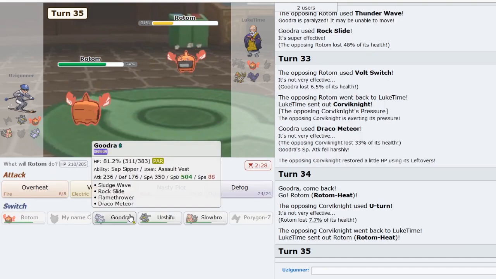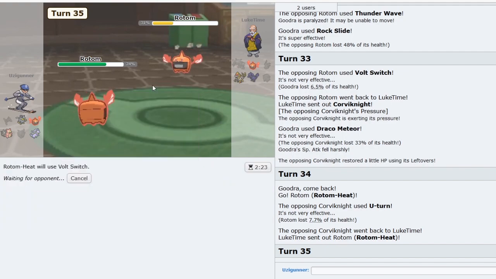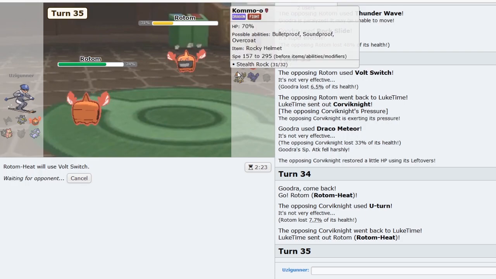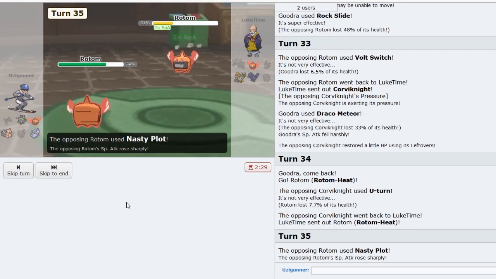That makes sense. But unfortunately for my opponent here, I am going to Volt Switch on him too. So if he tries to go for a Nasty Plot here, that's honestly fine by me. In fact, if I were him, I'd likely want to Volt Switch too. And the thing is, he's guaranteed to outspeed me, assuming he is the regular Heavy Duty Boots Rotom Heat set, which is definitely something I can take advantage of big time, as he's gonna have to go for a Nasty